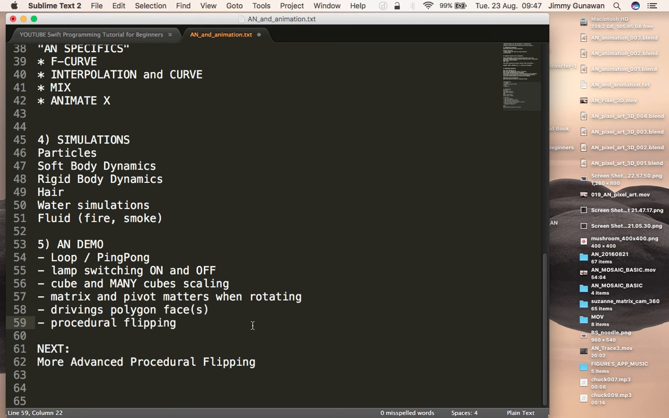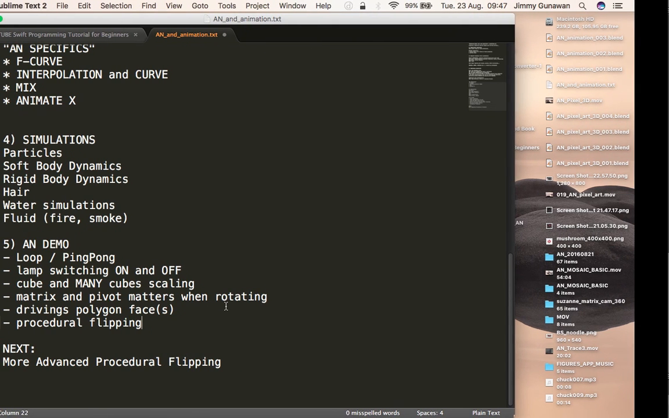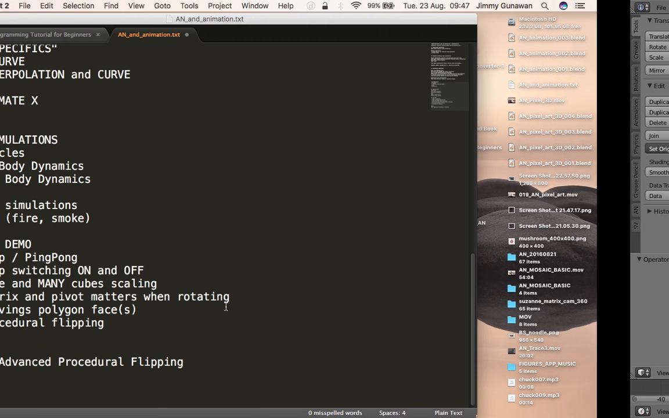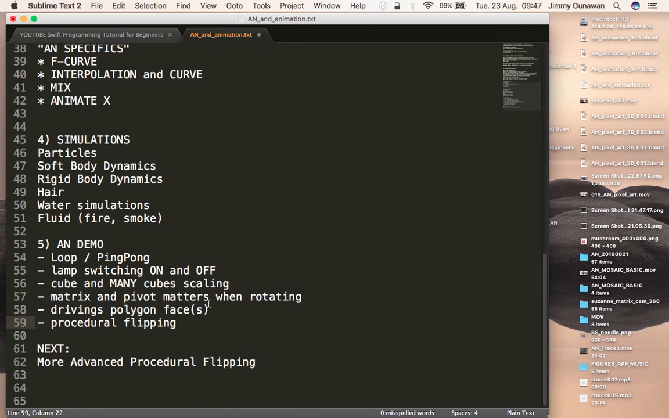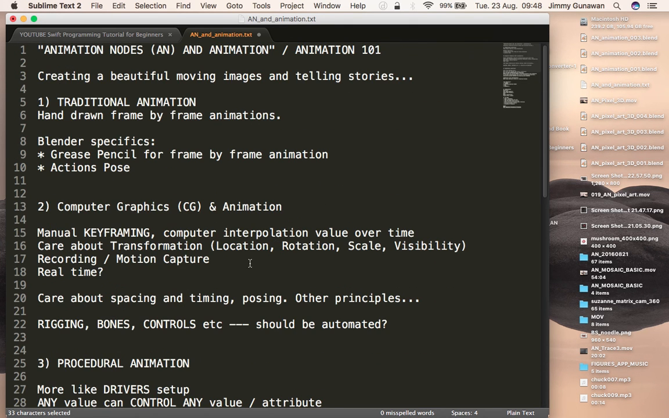It's when you have a mesh object in the scene, and then you want to flip the faces, kind of like the effects you've seen in the movie X-Men, where the character transforms into another character. I forget the name of the character. Right, it's a morph. Yeah, I forgot. But anyway, we're going to cover procedural flipping at some point, and I might have to create another video for more advanced procedural flipping. So let's start with